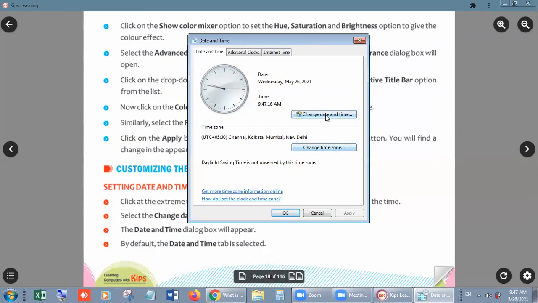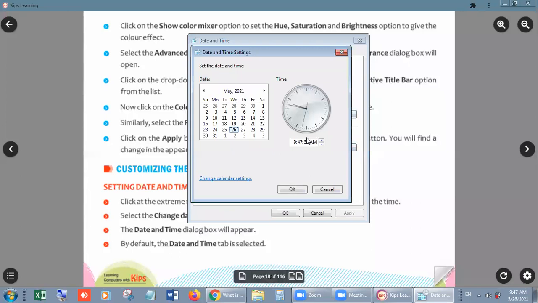Now click on Change date and time. When you click on it, it will ask you a message. You have to click on the Yes button. After Yes, it will show the date and time settings.